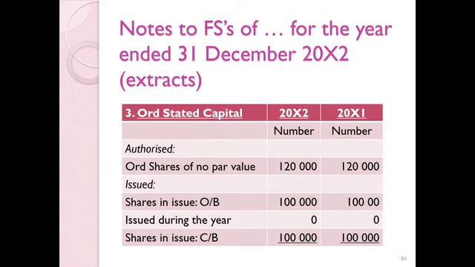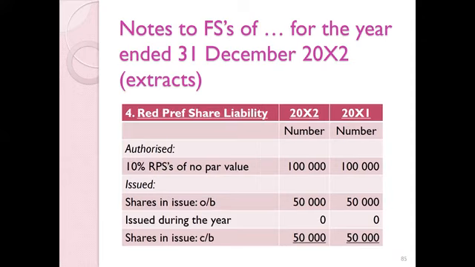When looking at the ordinary stated capital note, again, remember this is based on the number of shares. It's not the rand value, it's the number of actual shares. So the authorized number of shares being the maximum that they are allowed to issue, and then how many shares have been issued during the year. Remember, some form of reconciliation being shown between the opening balance and closing balance in terms of issued number of